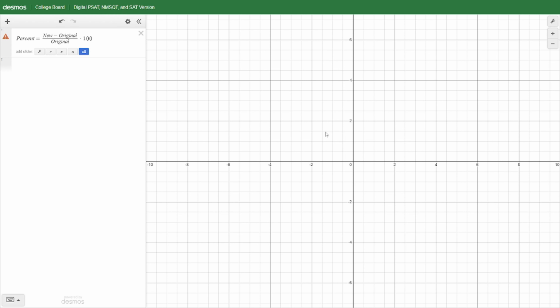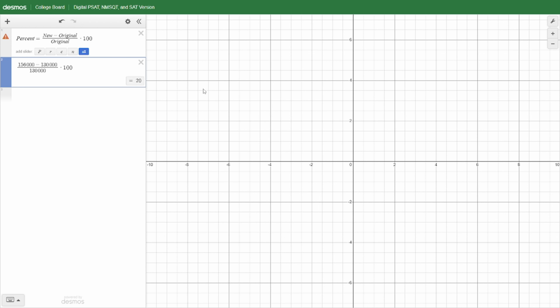Here I am in Desmos, and this one is honestly super easy to put into Desmos. You just have to know the equation. Here I do have the equation for us, and let's start plugging things in. Our new is going to be 156,000 minus our original, which is 130,000, over our original, which is once again 130,000, times 100, and we get that our answer is 20%,